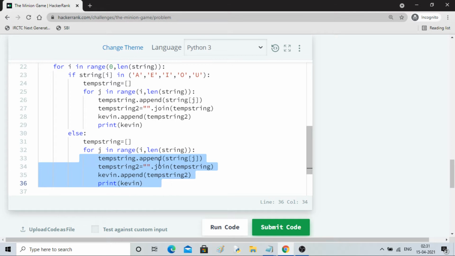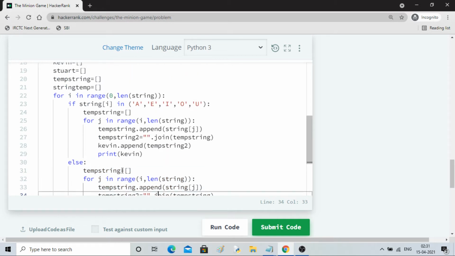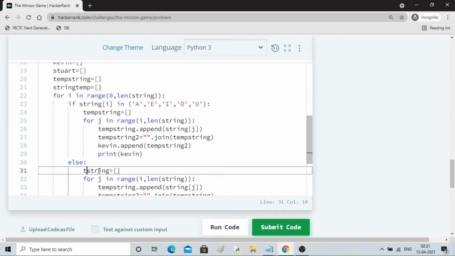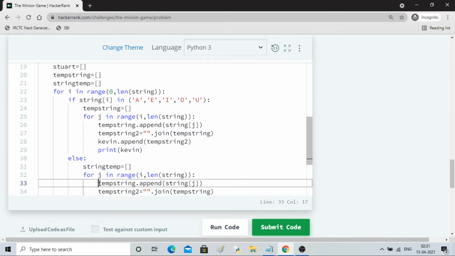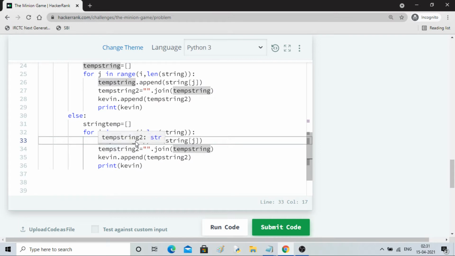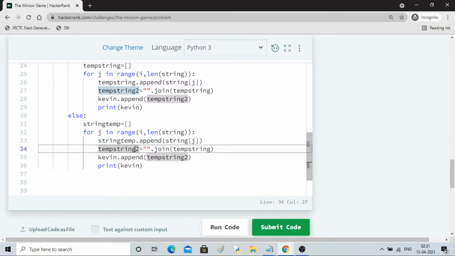Like this, and I'll change the variables, which is string temp. Okay, string, this is also string temp, string temp, string temp 2. Let me do it like this.